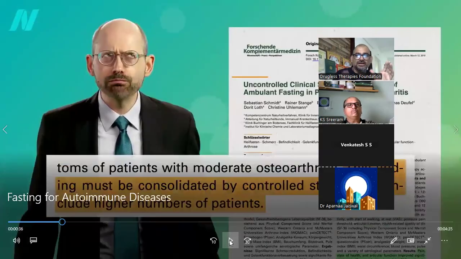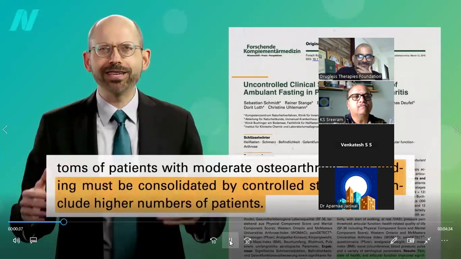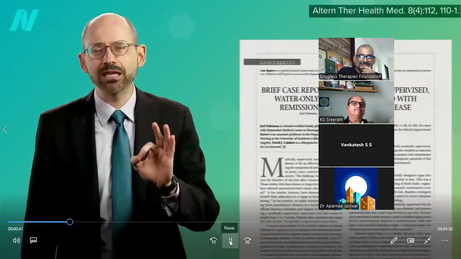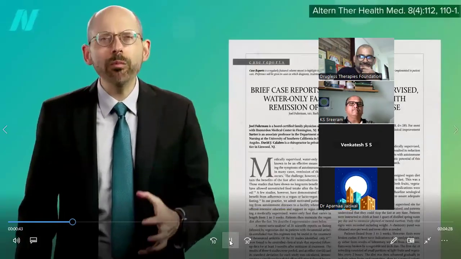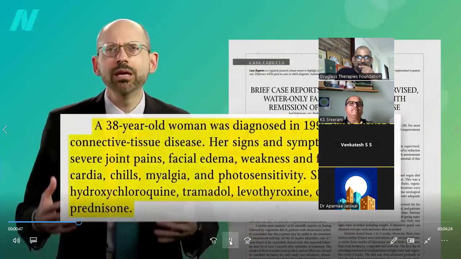Rheumatoid arthritis is classified under autoimmune disorders. So many are there. So how he is telling, he's a very highly qualified allopathic doctor, but he's talking about fasting, right? But that's 30 times more than many reports on fasting in the medical literature, which may detail only single cases. For example, a woman with a rare autoimmune disease known as mixed connective tissue disease, which can